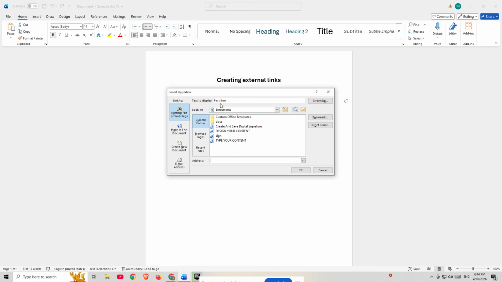Now, the Insert Hyperlink box will appear. This is where you'll paste the web address you want to link to. Look for the address box, and in that field, enter or paste the URL of the external website. For example, you might paste something like https://example.com. Make sure the full link is correct, including the HTTPS part, so Word knows it is an external web